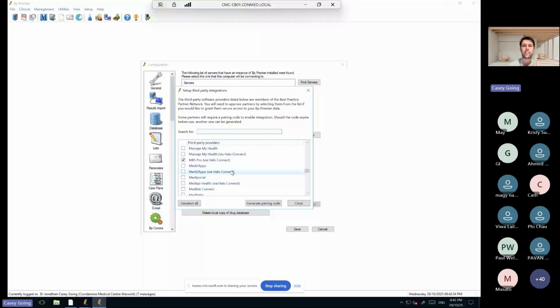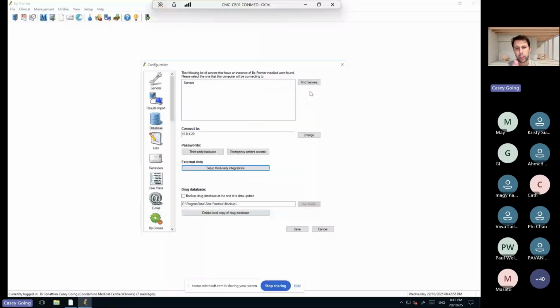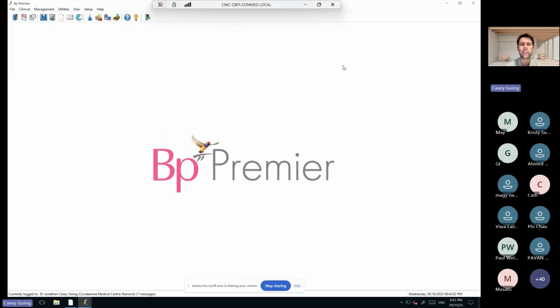We've been mandated that that's how we have to connect in the future, from I think November. So everyone's on Halo now. Halo has its own set of funny peculiarities. If you're finding there are issues with the connection, which I'll show you in a second, there's three things it could be. It could be Best Practice, could be Halo, could be us. So let us know and we'll see if we can figure it out.